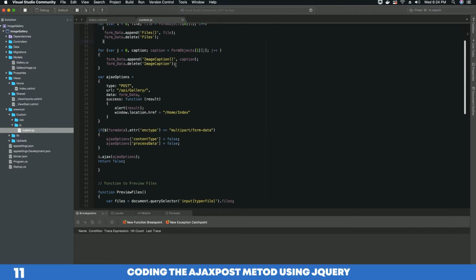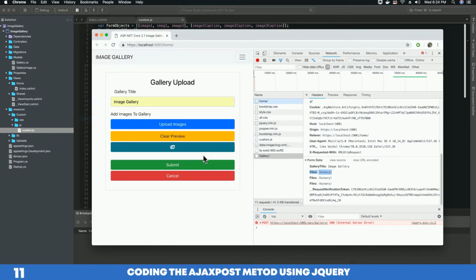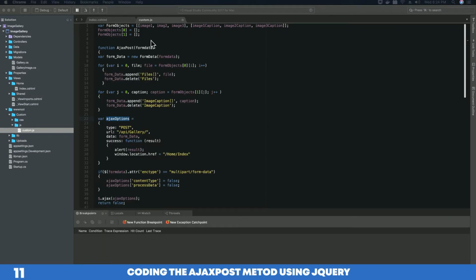Now, the next thing we want to do is submit all our data to our database. Therefore, we will use AJAX. Why would we use AJAX? Because we don't want the page to reload. We just want the information to be sent to the database without the page reloading, and AJAX is the best option for that. So we will use AJAX and we will then